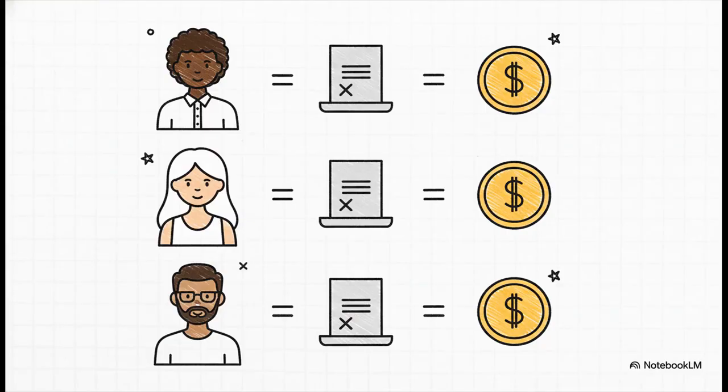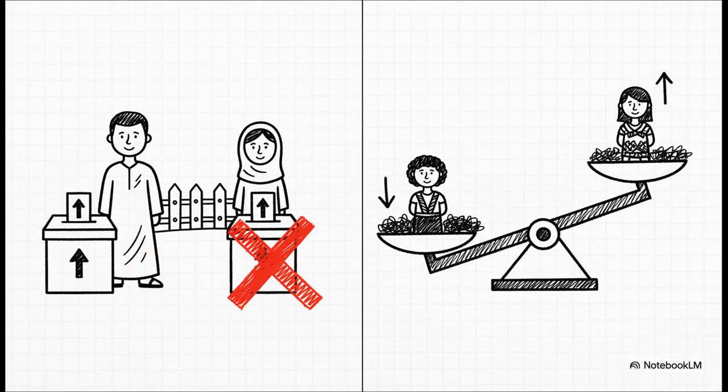Now for test number 3. This is a beautiful and simple idea. Political equality. It means every single adult citizen gets 1 vote, and every single vote has exactly the same value. 1 person, 1 vote, 1 value. Simple. But you know, this simple rule has been broken in many places. Can you believe it? Until 2015, women in Saudi Arabia couldn't even vote. And look at Fiji, where the voting system was such that the vote of an original Fijian was worth more than the vote of an Indian Fijian. Does that sound fair to you? Of course not. A true democracy believes every citizen is equal.